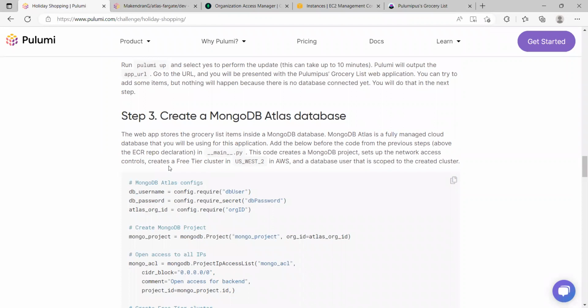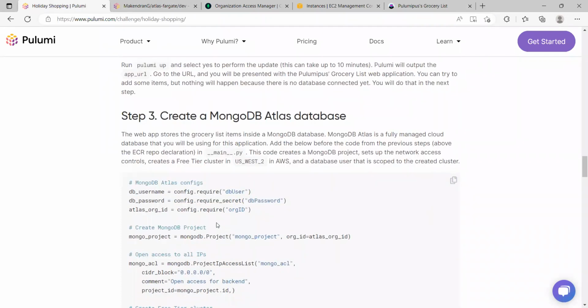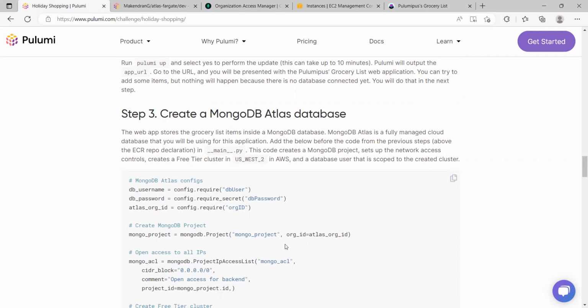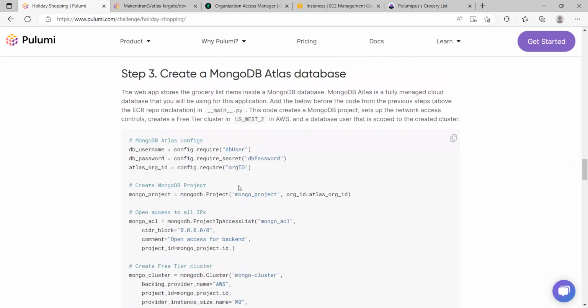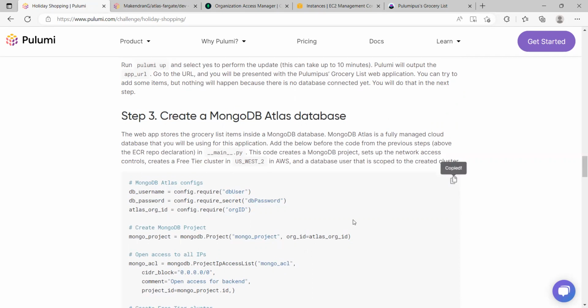And here you can see, according to this code, it will create a free-tier cluster in US West 2, as we are using the region US East 1. So make sure you are updating the region as well. This particular code you need to put before the ECR repo declaration in the main Python file. So I'm just copying it